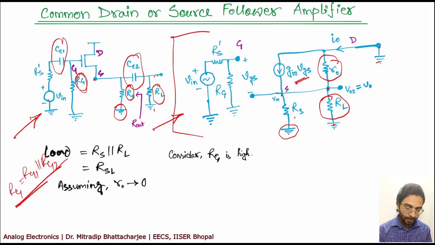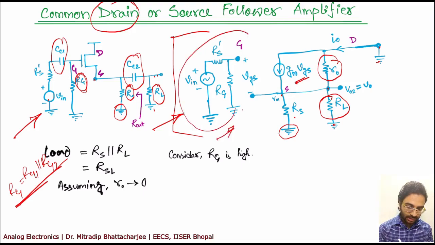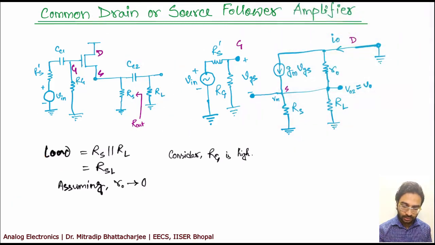When you have a common drain, the drain is common between input and output. This circuit is a little bit twisted, because on this side this part is the drain, and on this side this part is also the drain. But if I draw it in this way, we can very easily correlate both circuits. That's why I've drawn it this way. In a few books you may find it is not drawn exactly like this, but for the sake of simplicity I have kept it like this.